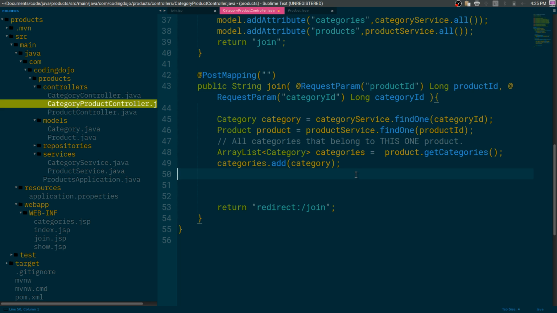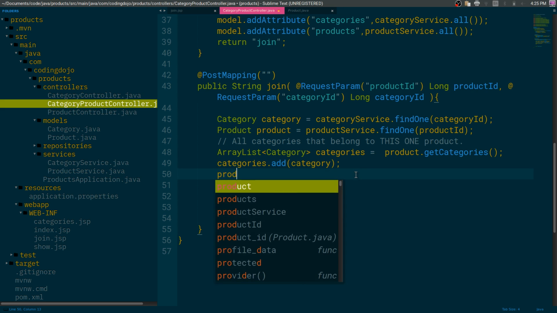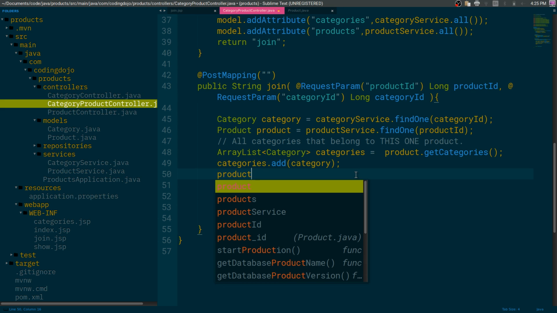All right. So the thing is we've got both things. We got the categories for the one product. Added this category to this product's list of categories. Now there's 2 more steps. Save it. You do have to save it, but there's one really important thing you have to do after that, and that's to say, what other thing do we have other than a getter for this? We have a setter. Okay. All right. So if that's the case, after we add this,